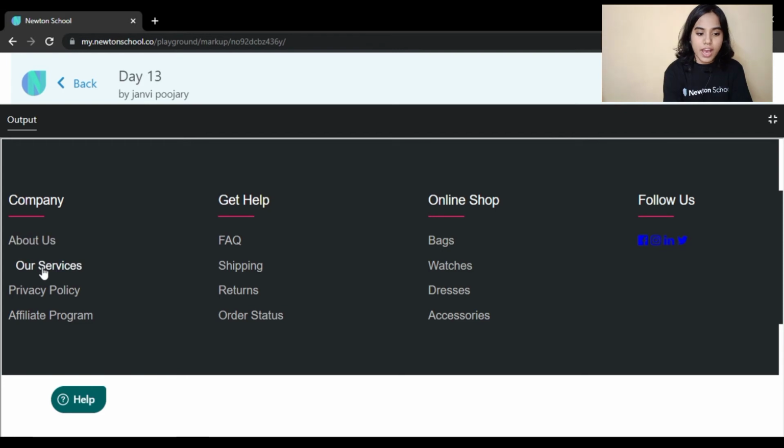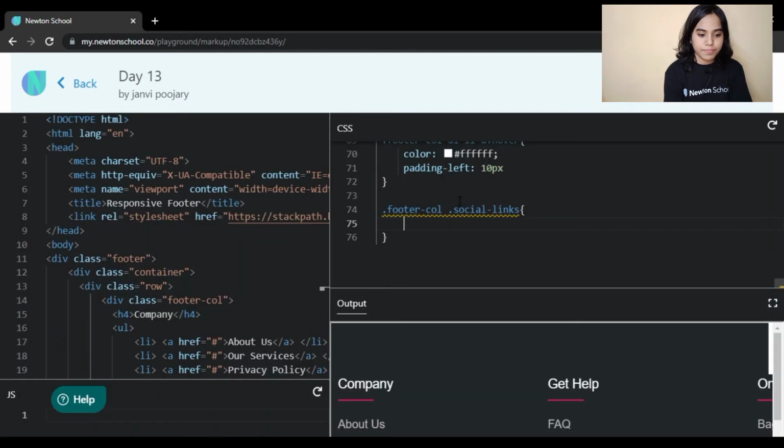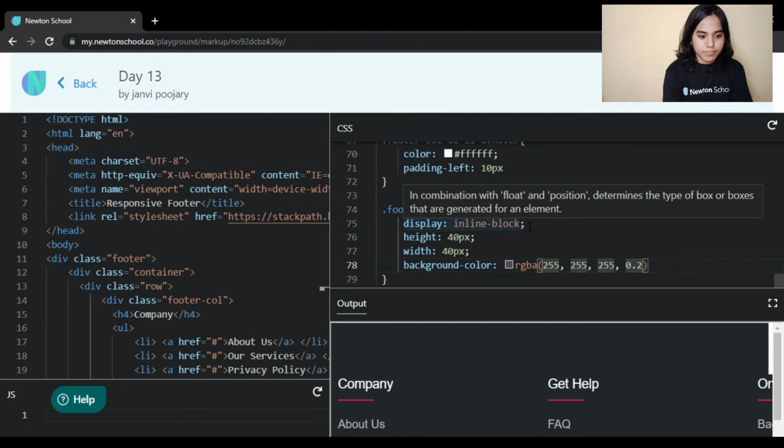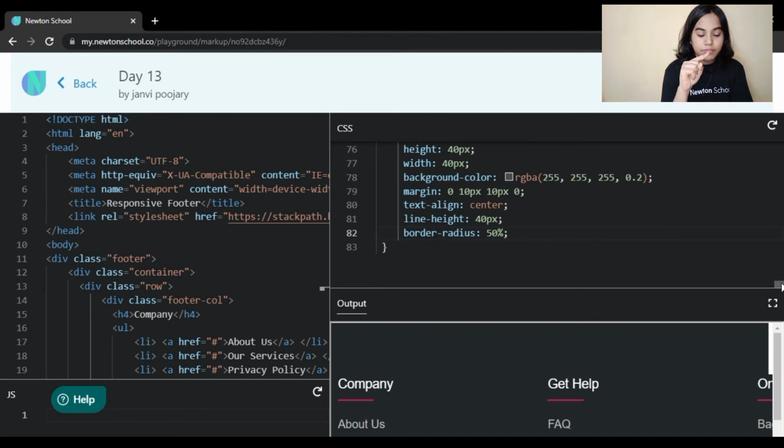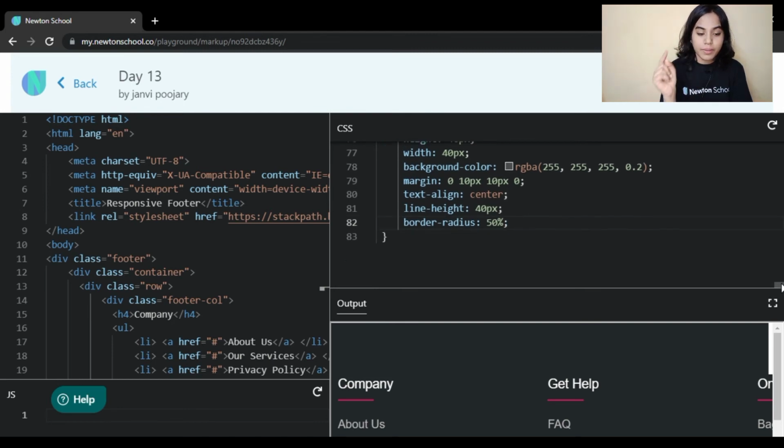That's why I have told it should go to the left. Now finally we will select our social icons. We'll give them some background color and border radius of 50% so that we get a little round shape behind them.